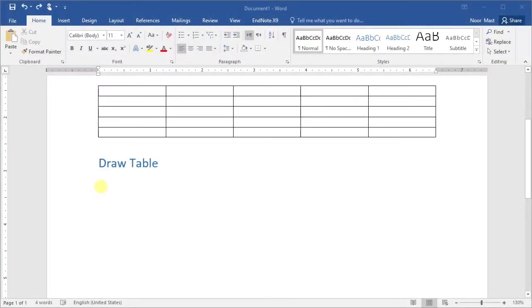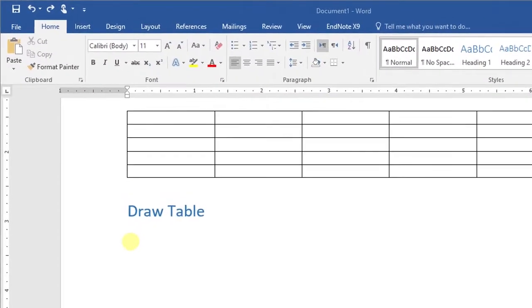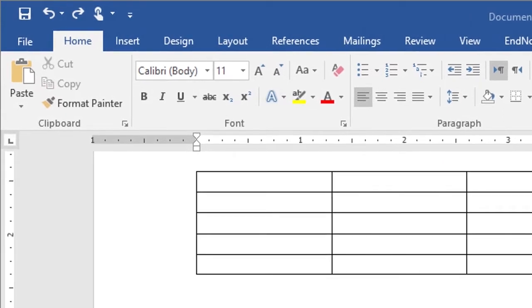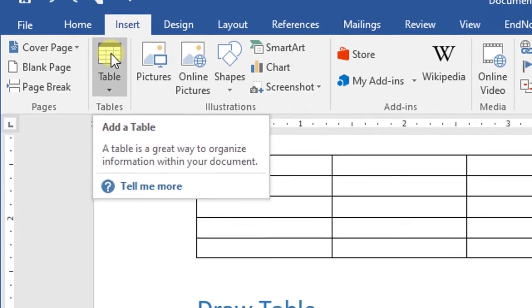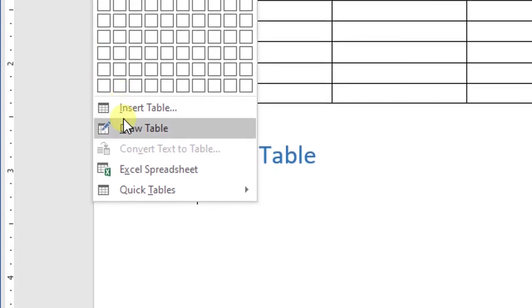Another method to create a table in Microsoft Word is the Draw Table method. Using this method to create a table, select the Insert tab, then click the Table command. A drop-down menu will appear.